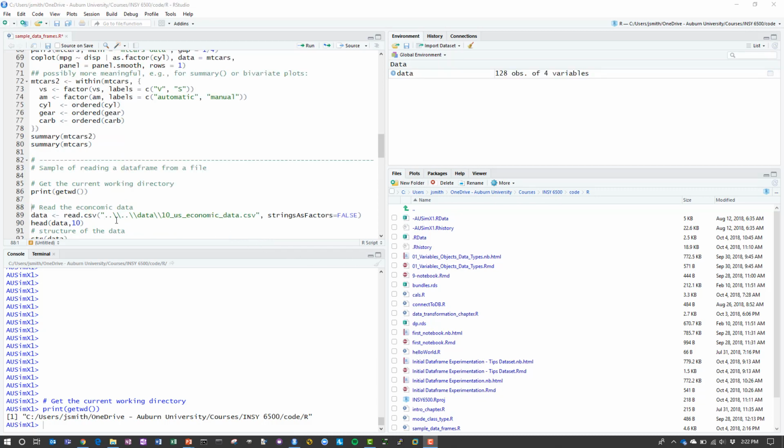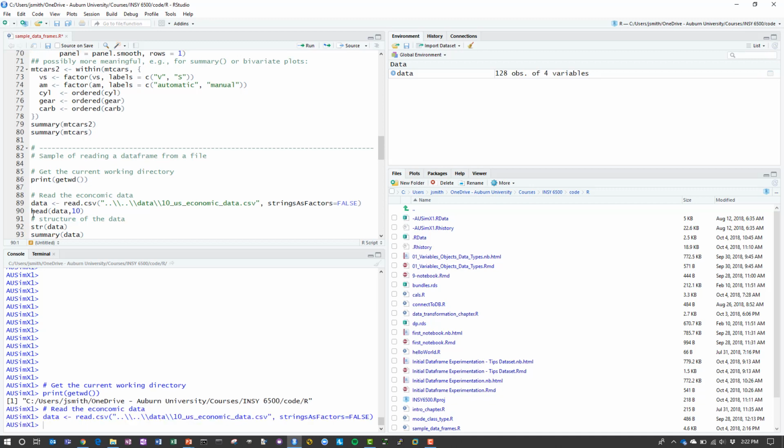So in order to read the data file, this is a standard comma-separated value file. And so I'm just going to use read.csv. The only setting I have is I want stringsAsFactors set to false. So when it reads string values, it reads those in as strings and doesn't read them in as factors. So I execute the command. Let me get to my line here. Execute the command, and we read the file, and we can look down here, and it appears to have been